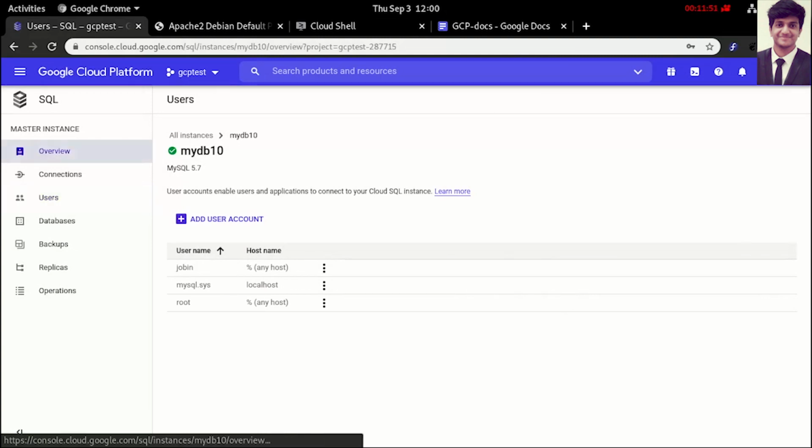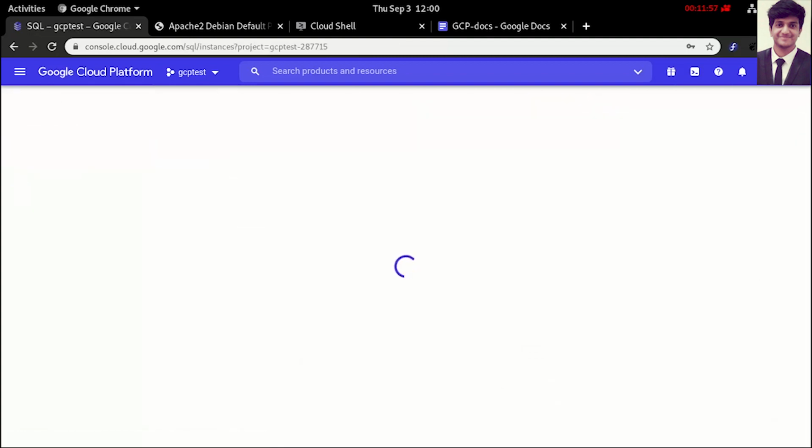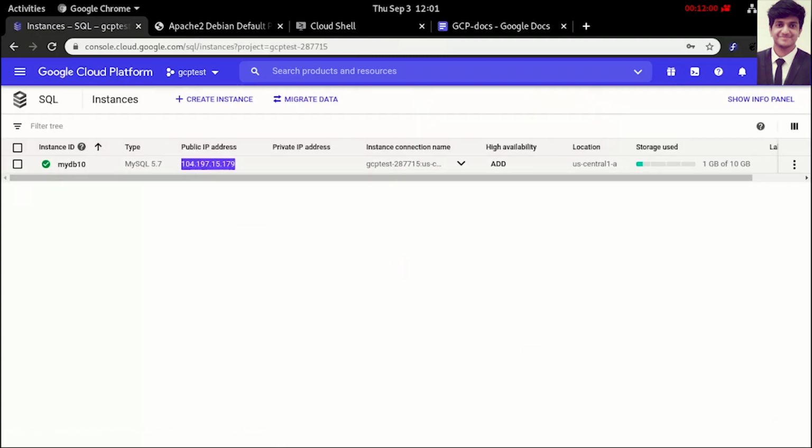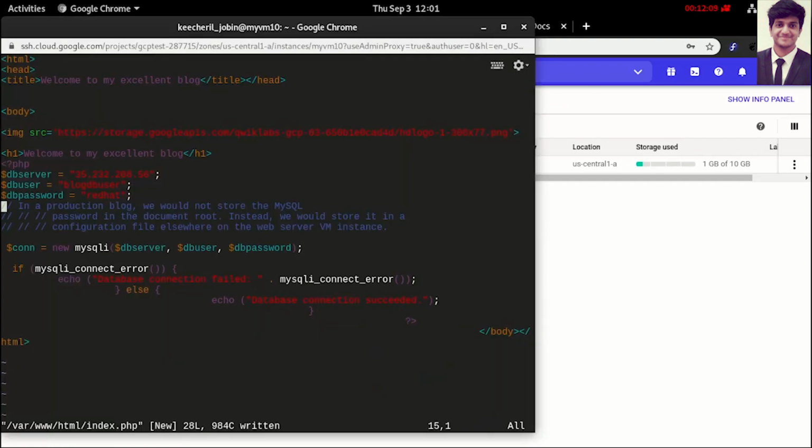Now let's click on overview and get back to the SQL page and get a public IP address for the Cloud SQL instance. I'll copy it and I'll just feed it into my index.php. So now this IP address serves as the DB server of my PHP application. I'll change the username as Jobin and password as Red Hat. I'll save the page